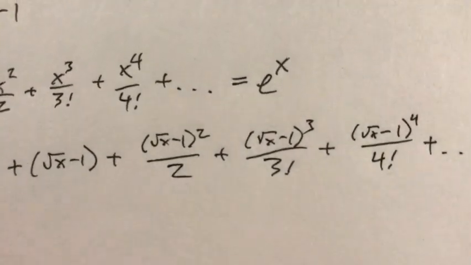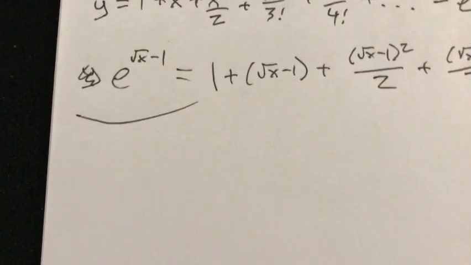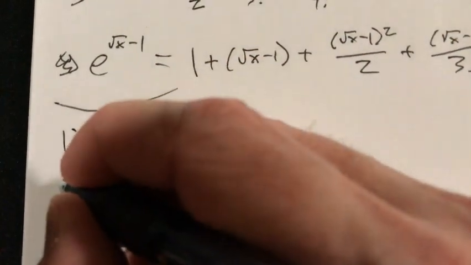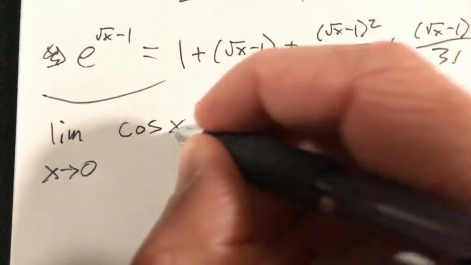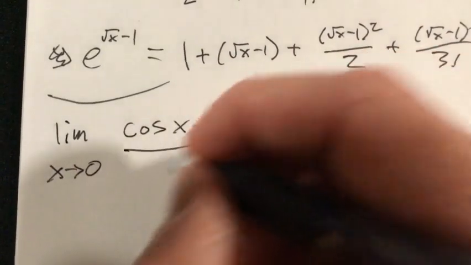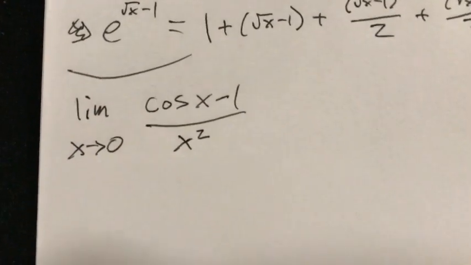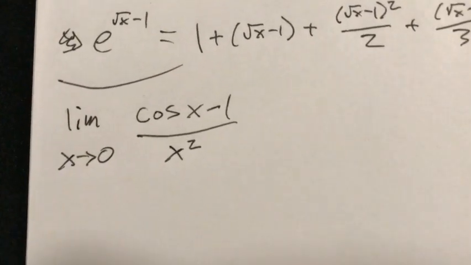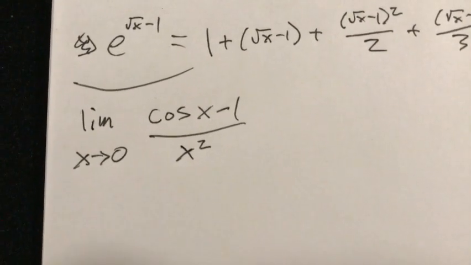If I need to. And then the last example I want to take a look at in this video is a limit problem. We haven't done a lot of limit problems, but what if I want to do the limit as x goes to 0 of something like cosine of x minus 1 over x squared? And there's certainly a lot of ways that we could do this. L'Hopital jumps to mind as it wouldn't be a very difficult thing to do,